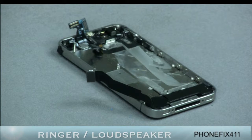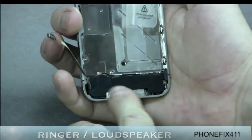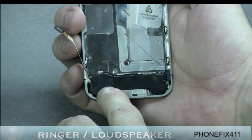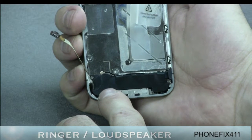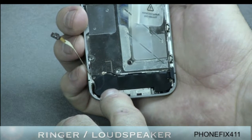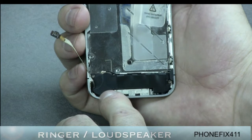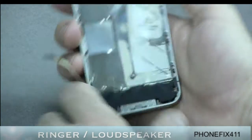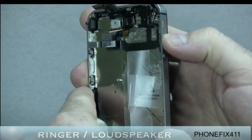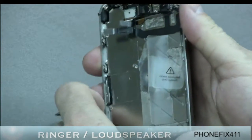So on the ringer loudspeaker, your ringtone module, this repair, you want to replace this piece if you're listening to music or you're trying to talk to somebody on hands-free, or the phone rings and it sounds distorted, maybe not as loud as it should be. A number of things can happen. First thing to check is the volume up. Make sure the volume up is all the way up, and if it is, then we'll show you how to